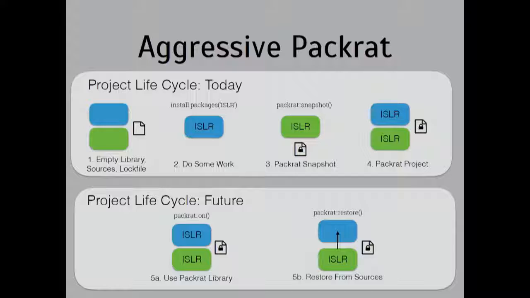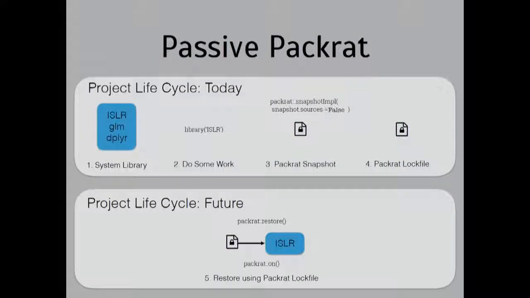So the first strategy, which is the default in Packrat, is pretty aggressive. Basically what this comes down to is you start with an empty library, you create a library for your project, and as you use packages, you install everything, including the source, alongside your code. And this is great because it means at the end you have a bundle that includes everything, but it's difficult to do. So an alternative approach is this passive approach to Packrat, where you start with a system library, and